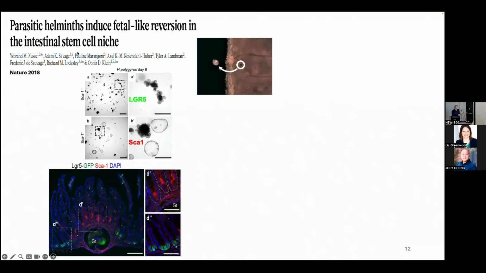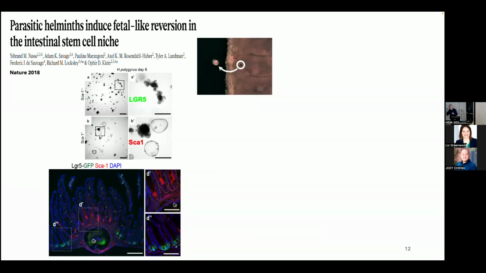And what turned out is that the granulomas over the gut were expressing antigens like SCA1 that are known to be expressed in the fetal gut and not in the adult gut. And indeed, in making organoids, these grew like fetal organoids, as spheroids, rather than, on the top there, normal organoids that have little primitive villi that are being developed. So this suggested that the worm had induced a return to this fetal expression pattern to make gut.